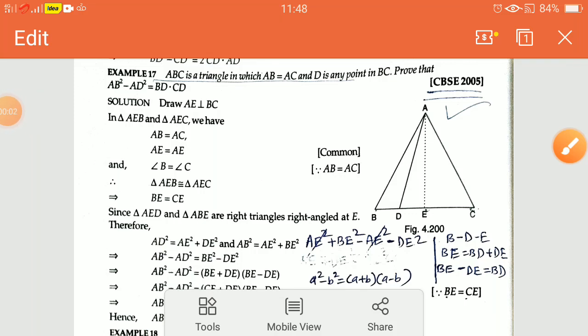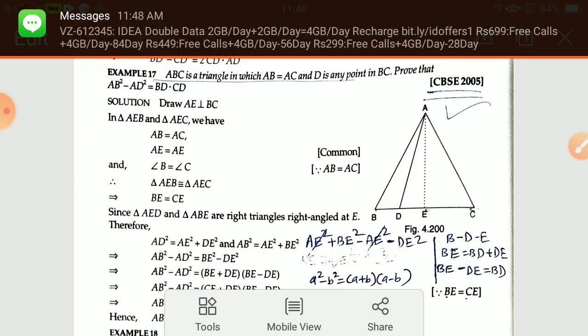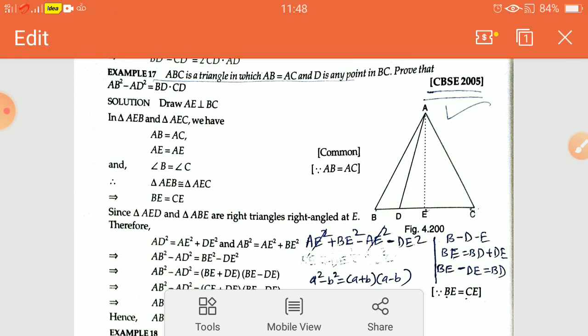From the topic triangles, we have to solve some more examples. Here, the example given is example number 17, that is, ABC is a triangle in which